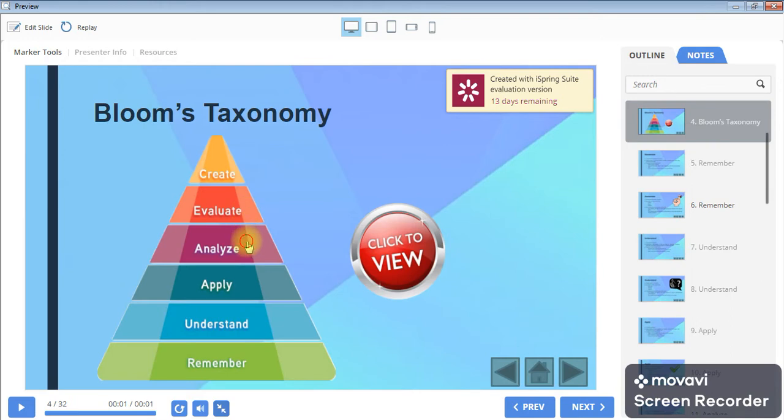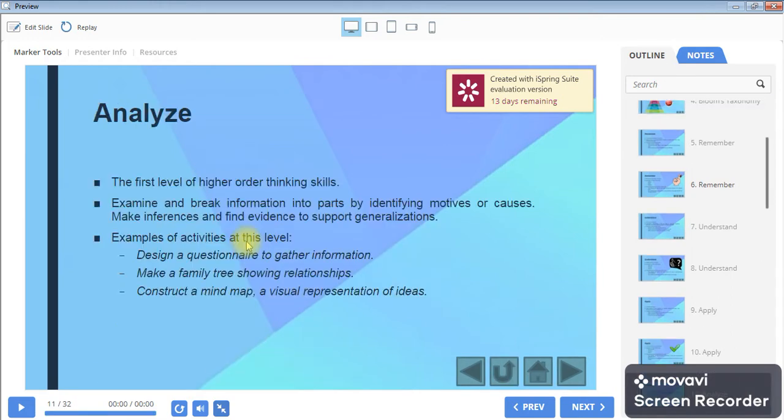I will click Analyze. Analyze, now we are entering the first level of higher order thinking skills. Learners are to examine and break information into parts by identifying motives or causes. They are to make inferences and find evidence to support generalizations. Some examples of activities are such as design a questionnaire, make a family tree, and construct a mind map. Next,